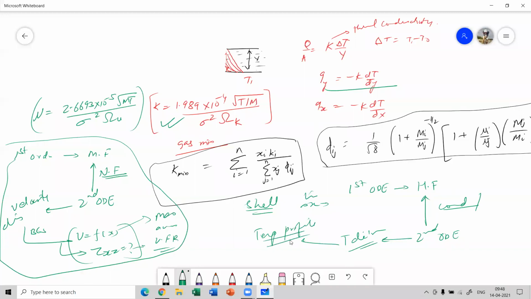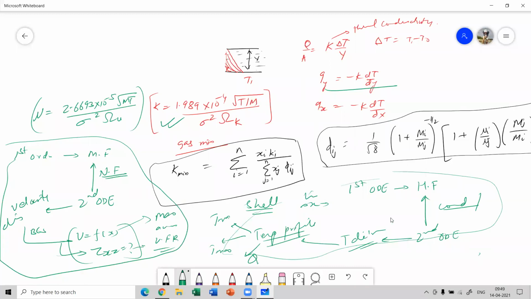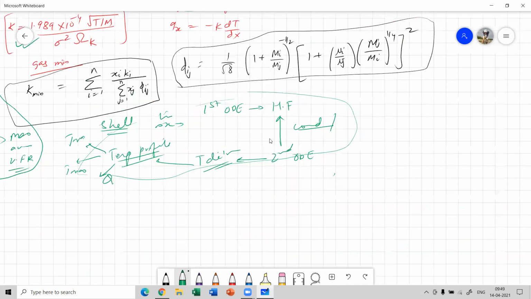Now that temperature profile can be used to derive the maximum temperature, average temperature, or the amount of heat entered or heat generated by the system. So similarly, we're going to do it for thermal conduction. It's exactly the similar way to what we did for momentum; we're going to do it for the thermal part. Now there are certain common types of boundary conditions which are to be considered. First, the temperature must be specified at the surface. That's the common boundary condition which should be there.